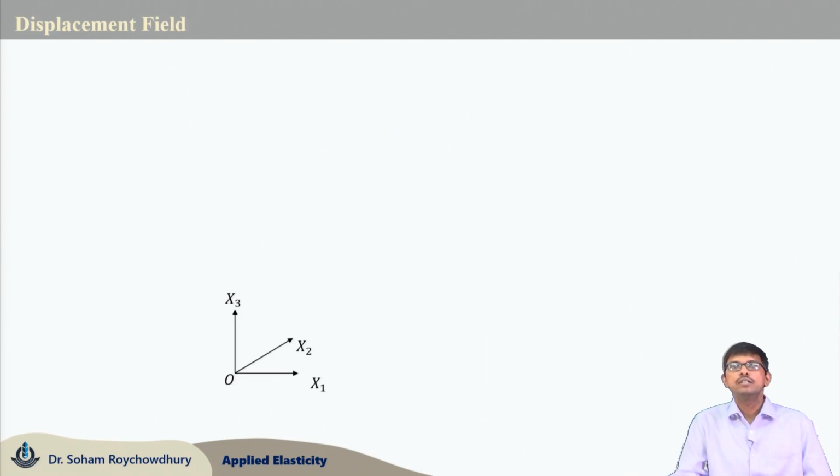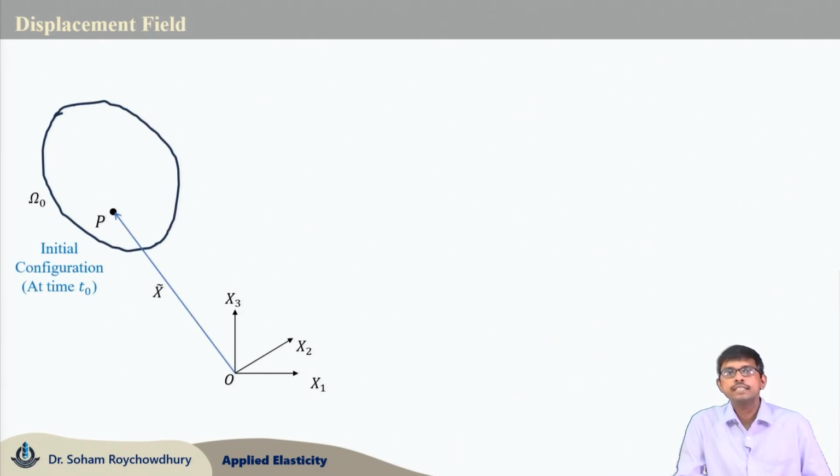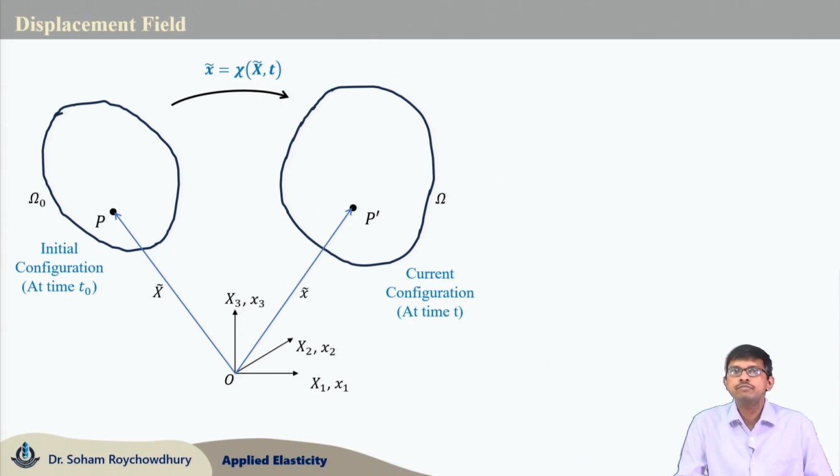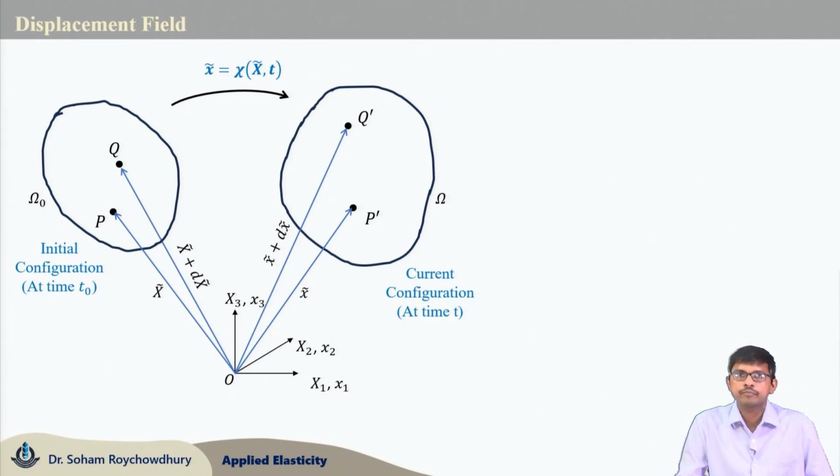Now, moving forward to the displacement fields or definition of displacement vector. We are considering the initial configuration at time t naught, which is deformed through the transformation mapping chi to this deformed configuration where point P is moving to P prime. Now, we are choosing another point Q in undeformed configuration, which moves to another point Q prime in the deformed configuration. Now, P to Q, a small elementary length of dX, deforms to P prime Q prime, a small element in the deformed coordinate dx.